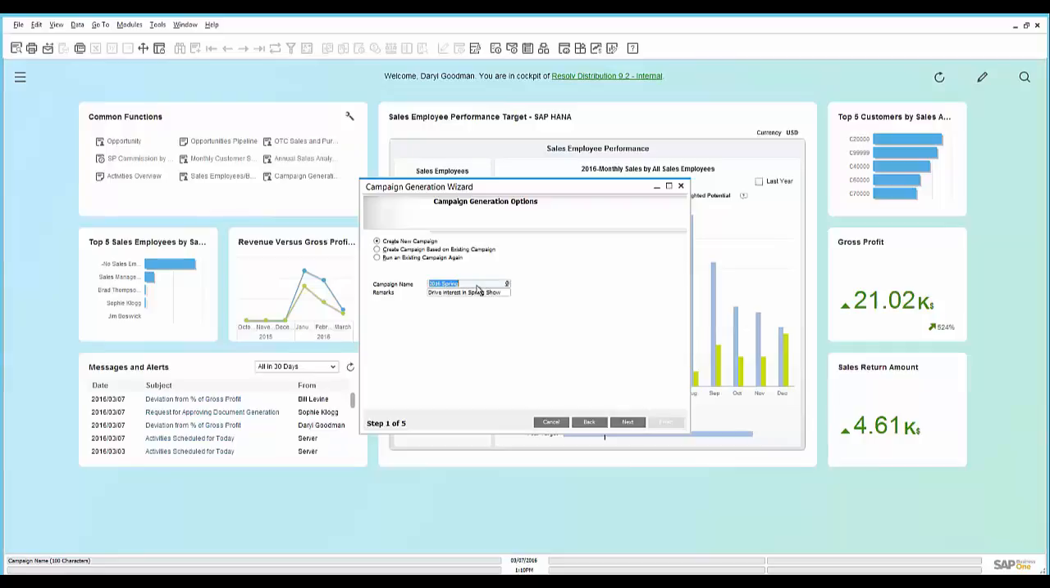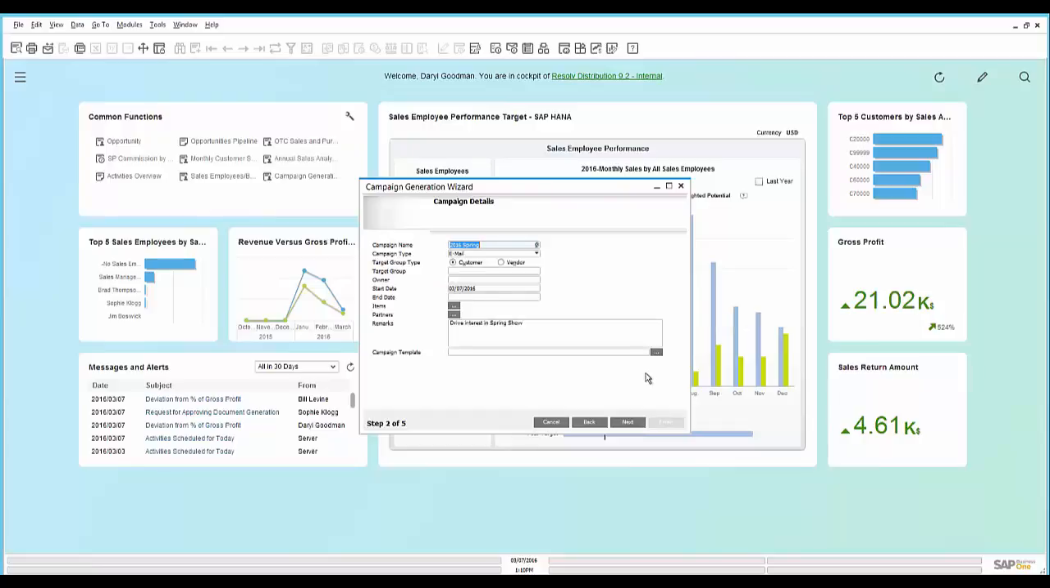my spring show. So you can see that I've entered a campaign name and the remarks. Next, you can see that by default it's an email, but I can change it to be a number of different types, such as mail, fax, phone calls, meeting, text messages, web, and other types of campaigns. In this case, I want to have my people call the customers to ensure that we get interest in our